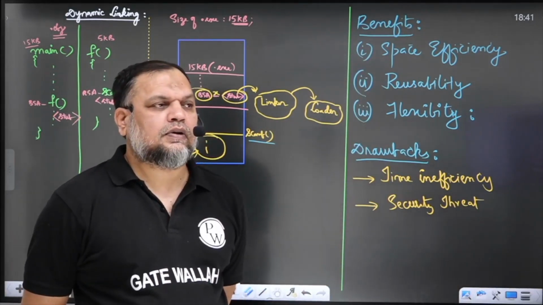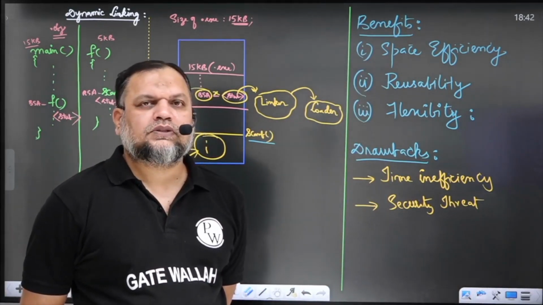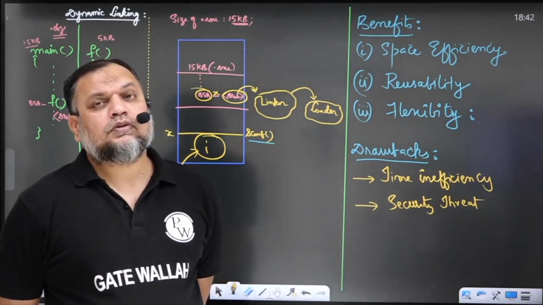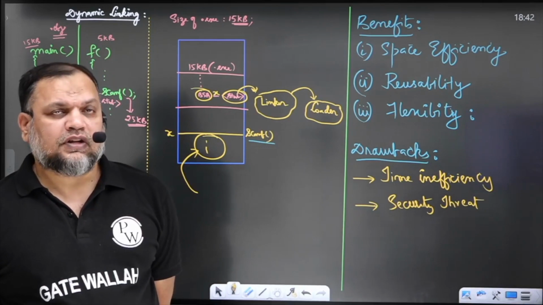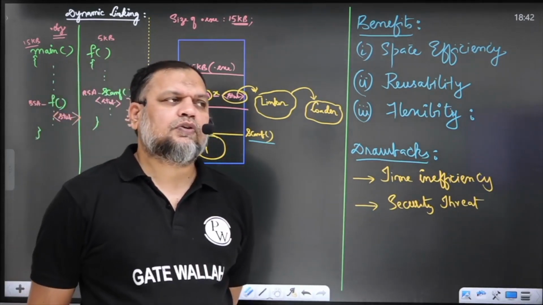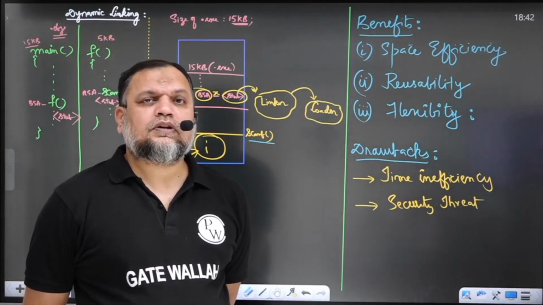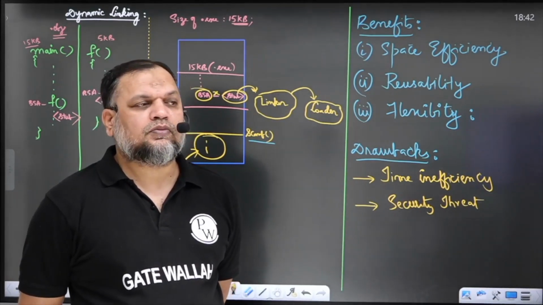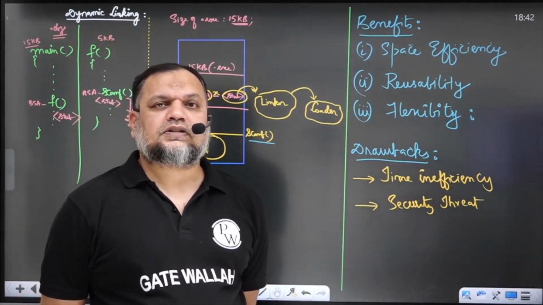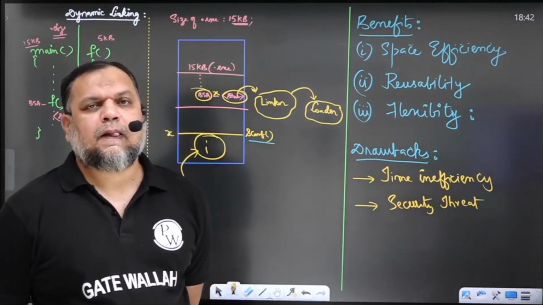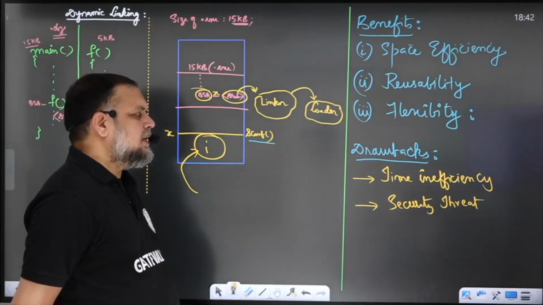That's another drawback. Yes, code injection. That's very much possible in dynamic linking. Why? Because the path to the library is not known till runtime. That was a GATE question once. Which one is more secure, which one is insecure? The path to the library is not known till runtime. There is always a possibility that the attackers may inject, may perform some surreptitious, secret operation. So that is the relative merits and demerits of